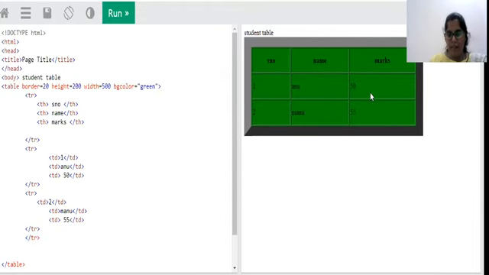Both of the students got the same marks, and I want to merge these two personal commentary, and I want to mention that today. Then how can we do that? Whenever we reach this particular cell, in that cell data we are going to mention it as rowspan, because this row we are going to combine with the second row. So here we give an attribute for the table data as rowspan is equal to how many rows we are going to combine, and that number we keep. So here I want to combine two rows, so I am going to put the number 2.